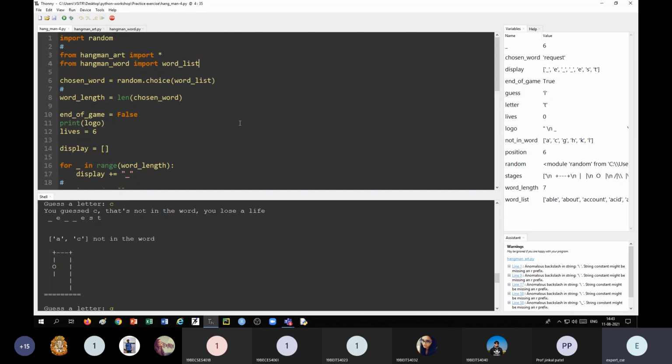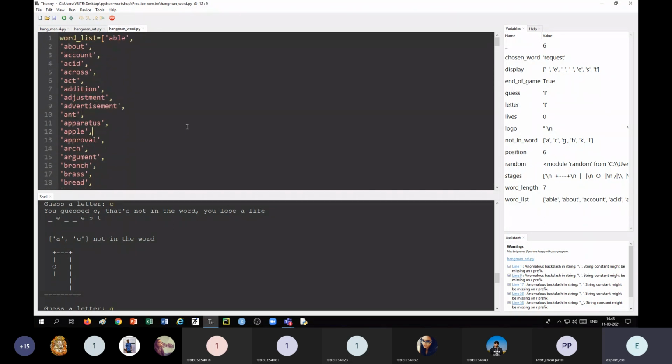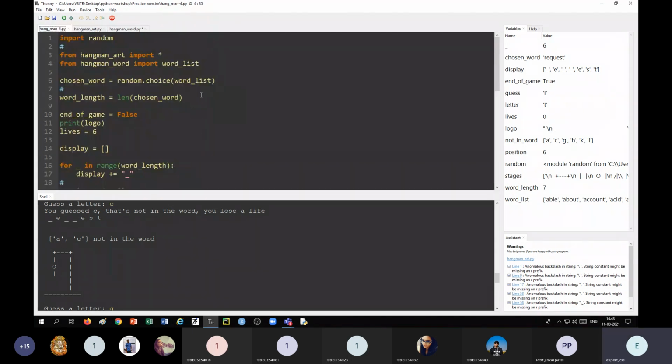If there is one more, for example, let me go to word list and write another variable. Pi is equal to 22/7. Now if I want to use it here directly, I cannot.